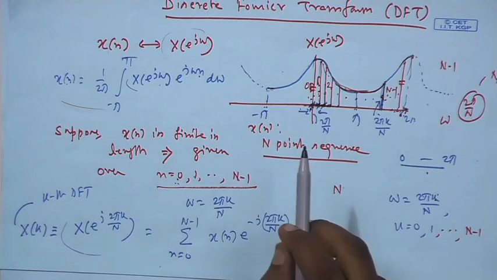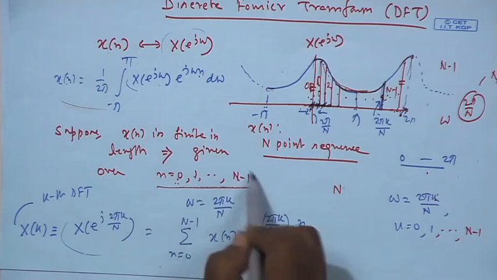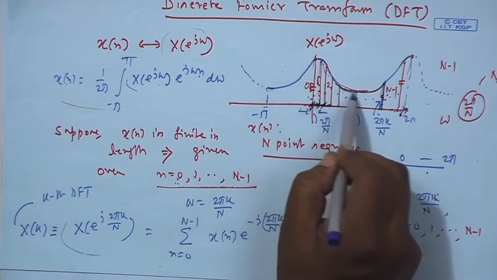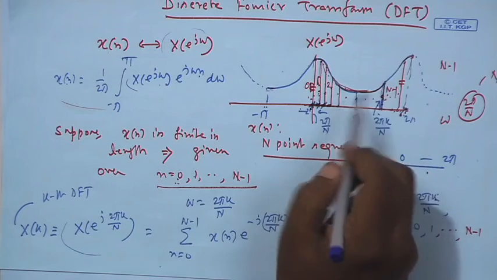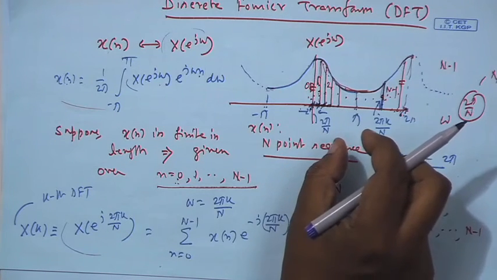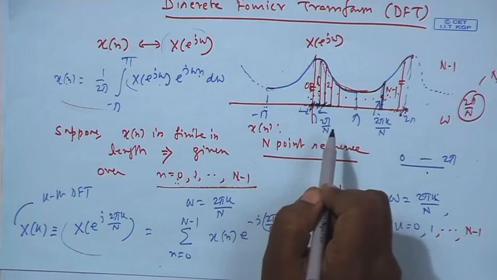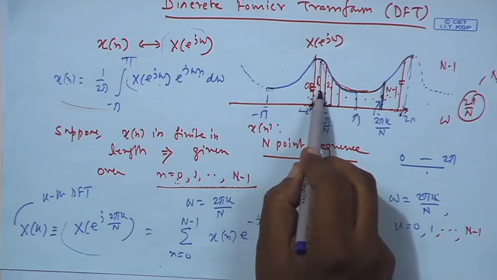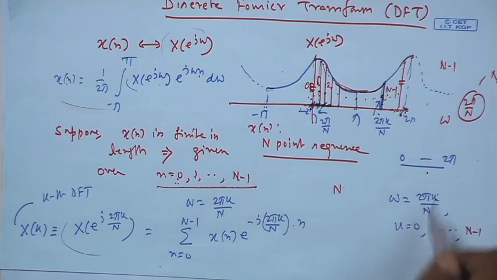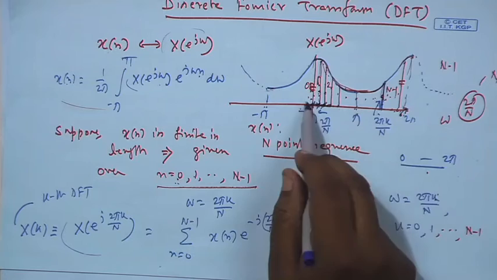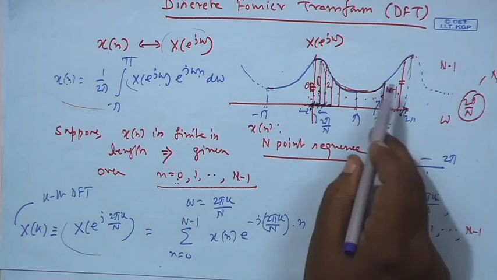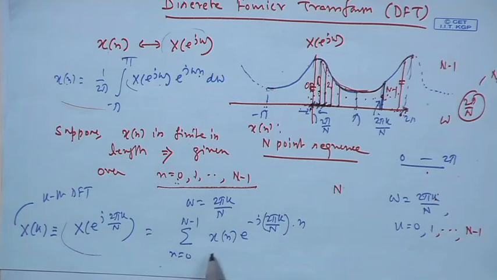Anyway, to start with, assume that the given sequence is of length capital N and I am sampling the envelope, the DTFT, at capital N points, which means the sampling period is 2 pi by N. I have the 0th sample, first sample, second sample, kth, up to N minus 1th. Nth is back to the start. So, the kth sample is called the kth DFT, which is by the DTFT formula simply this. Fine.